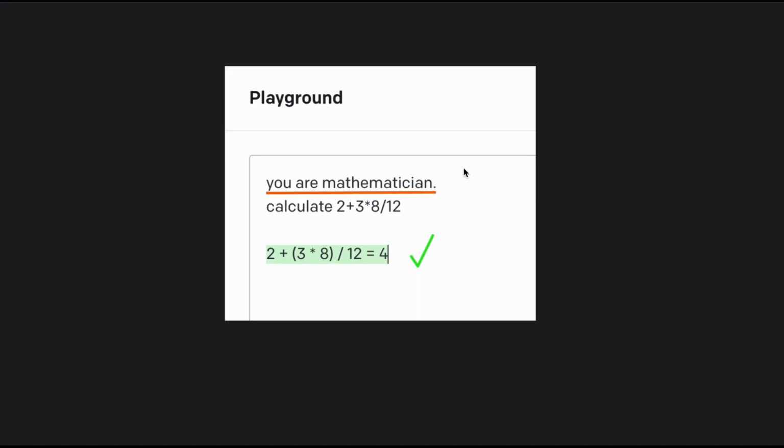In the playground, or even sometimes I use the playground because when I was doing this video, ChatGPT was not available. So you'll see some of my screenshots are from the playground and some of them are from ChatGPT. But you can tell it, for example, to think as a specific expert. For example, you can say, like I'm doing here, you're a mathematician. And then if you ask it to calculate, it will change the temperature and all the other parameters to be more on the cold side. So it will be less creative and more mathematician. And then you see that it gets the result right.